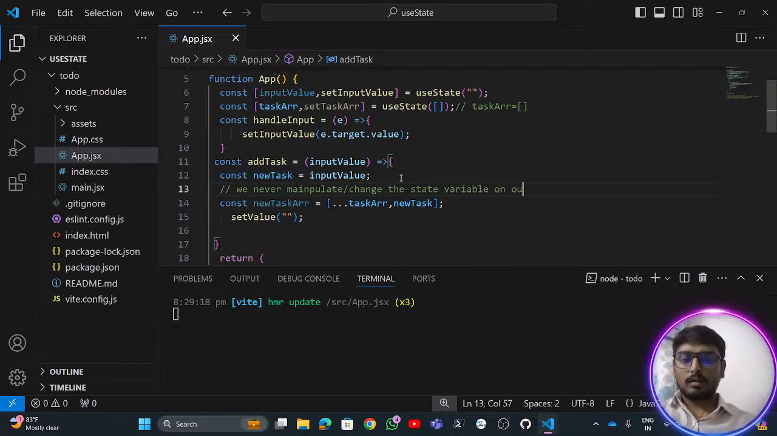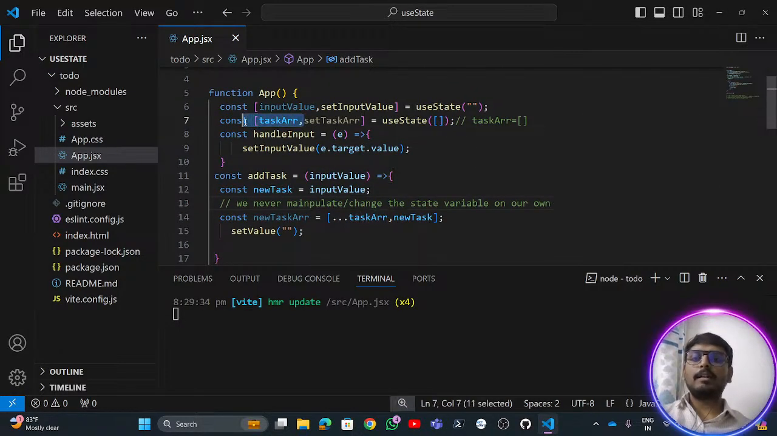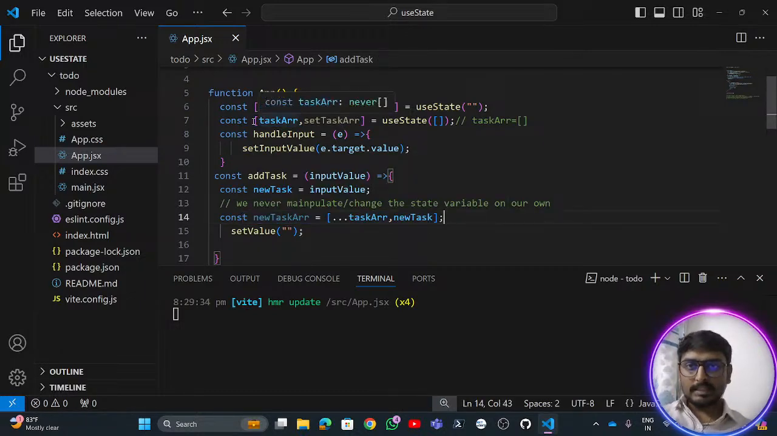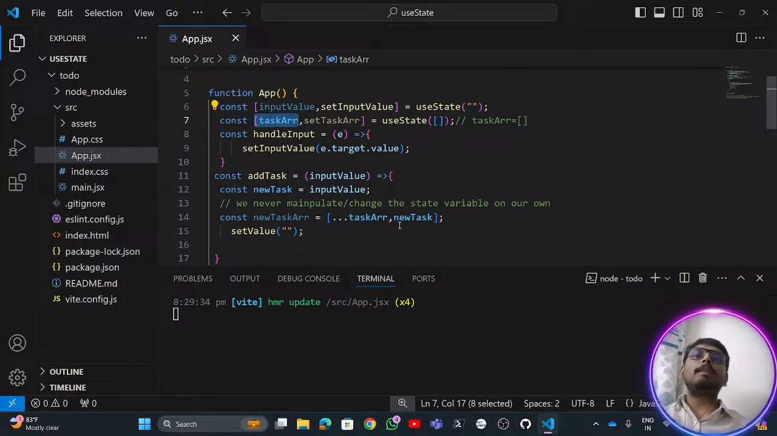So here the main agenda is we never manipulate or change the state variable on our own. Some people might be thinking that we already have this task array, we could have manipulated it, but here I have created a new array altogether, because this task array, which is a state variable, should not be manipulated on our own. When we are manipulating this state variable, we need to copy it to some other variable, and then we need to manipulate it,